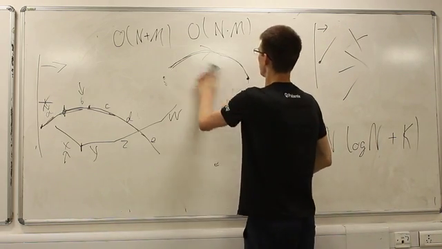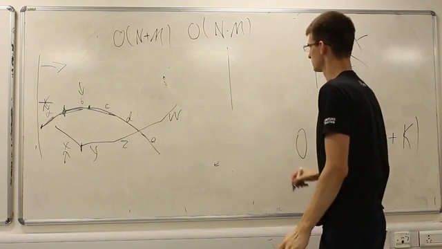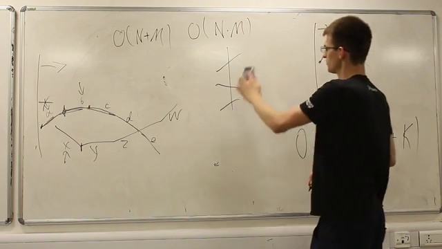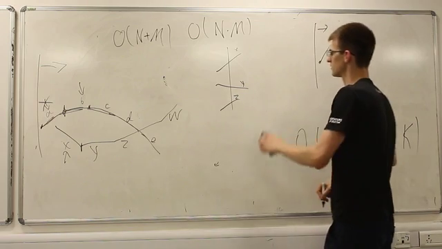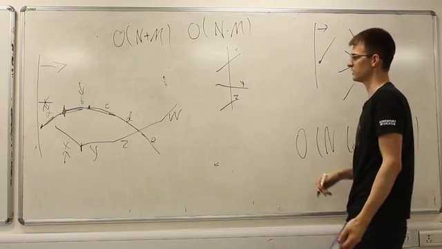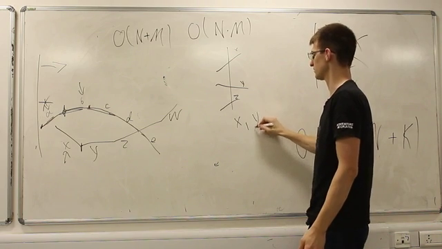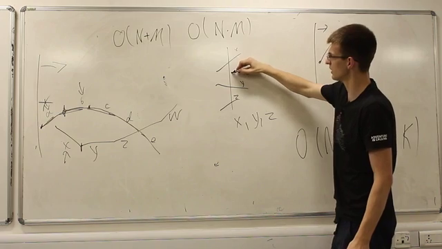For example, if the sweep line is here, and there are three segments x, y, z intersecting with the sweep line, in some set or some tree we should store them in the order x, y, z. If in a moment we will add a new